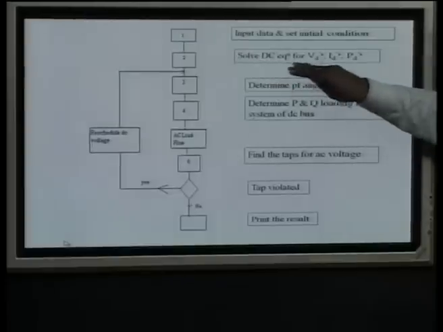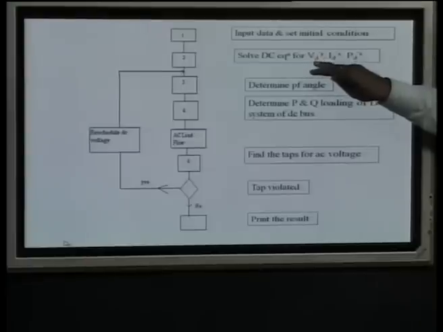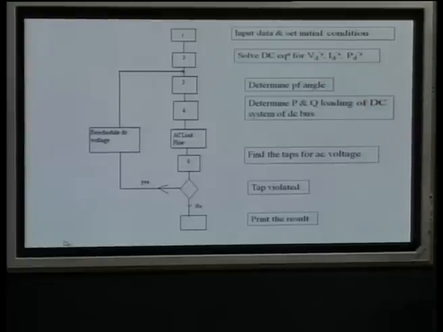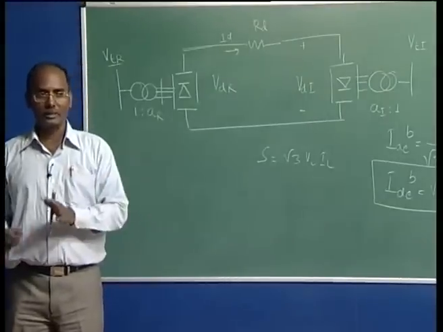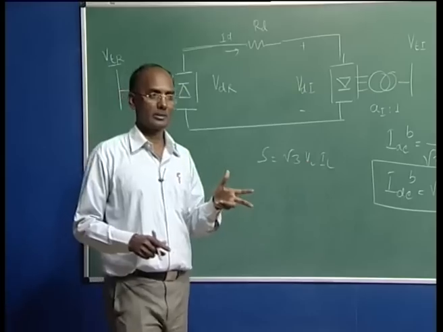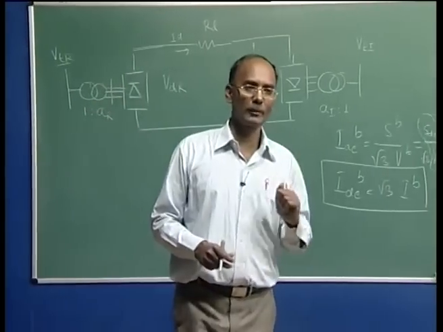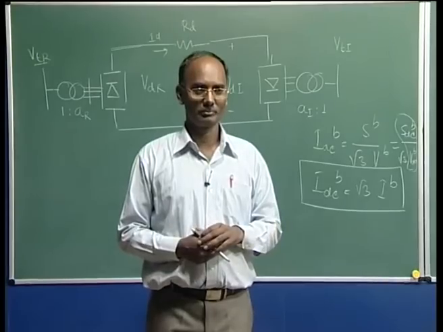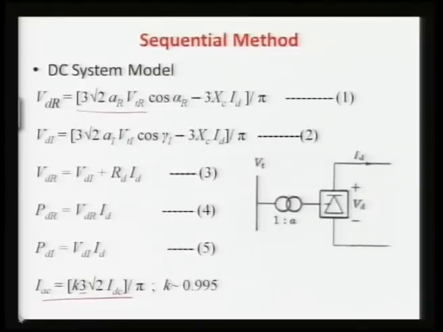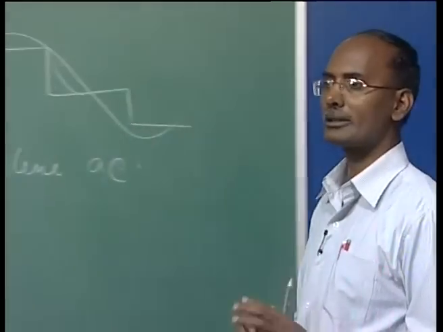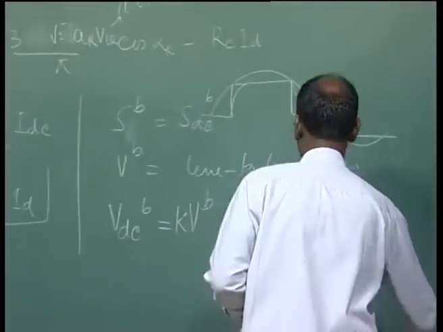Then you have to solve the DC equations, the first 3, 1 to 3, you will get the VDs, the IDs and the PDs etc. you can calculate. I will come later on to what the variables are. In these 3 equations you will find there are 7 variables. Go back again. Here, if you see this complete 3 equations, you are having the 7 variables, and your variables are,